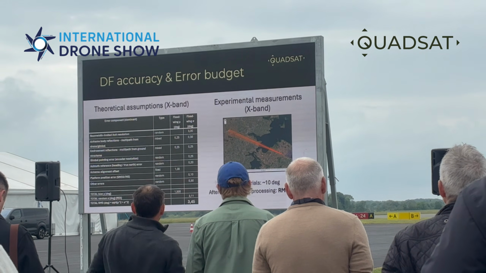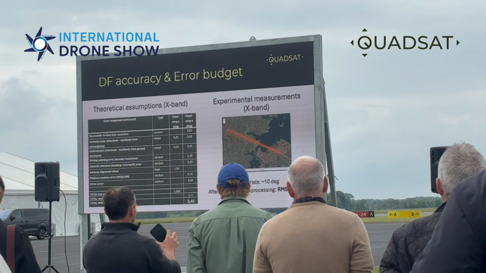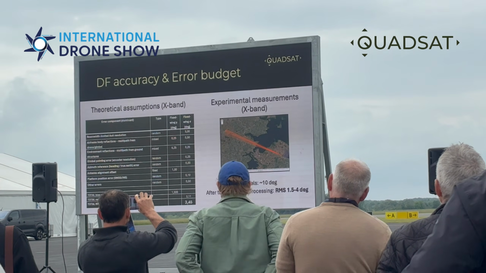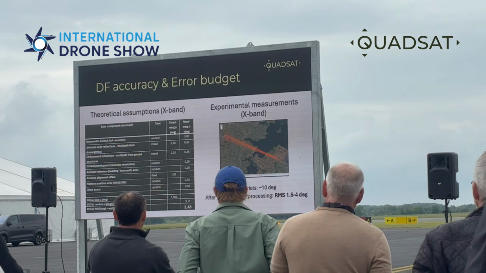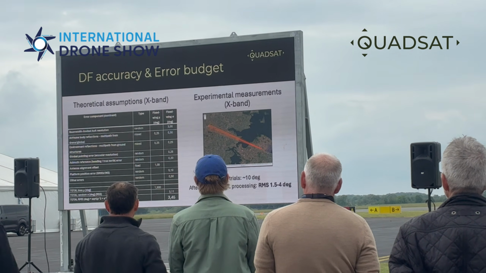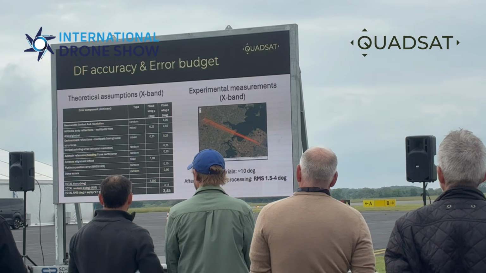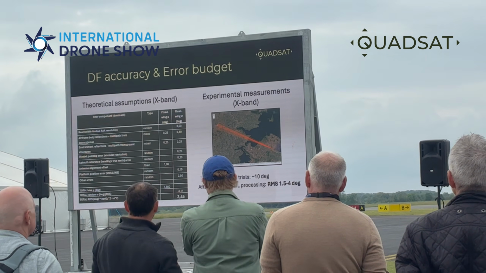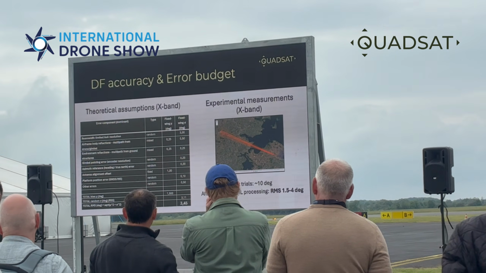And for the real tech people, here's also a bit of how the theory behind this looks, what kind of accuracy with a system like this we should be able to achieve, both when we put it on a drone, but also what we actually do in experimental or in practice. So we should get somewhere in the neighborhood of 1.5 degrees of accuracy, or RMS error, if we look